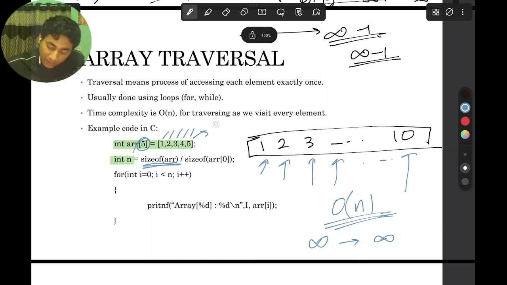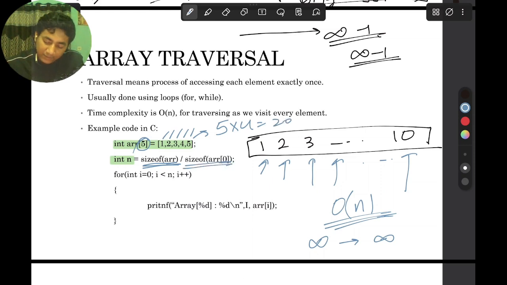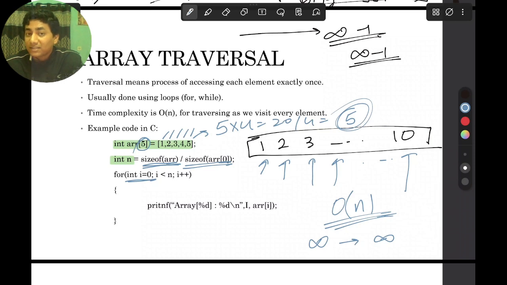The size of this array, divided by the size of the first element. Now, 5 is the number of elements in the array. Each element is 4 bytes because this is int. So 5 into 4 is 20. Now, 20 has to be divided by the size of the first element of the array, that is 4. That leaves us with 5. So the size of this array is 5. Now we initialize i equal to 0, as it is a 0-index based data structure, and we go up until 5 minus 1, that is 0, 1, 2, 3, 4,